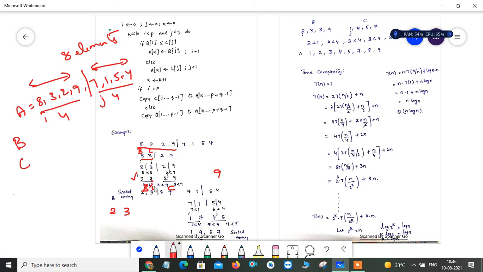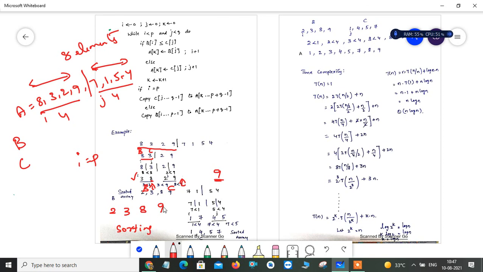So here it is 8 and here it is 9 because your j is pointed to this element. So 8 is less than 9. Yes, the condition is true. So now you can do this. So here what's happening? Here i becomes equal to p. So then what will your algorithm say? You can copy the content of C, because you have left the elements in C. So you have to copy this content into A. So now you are getting these elements into your first part. And this entire part is in sorted order.